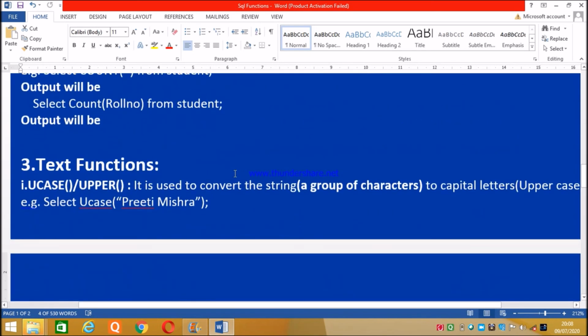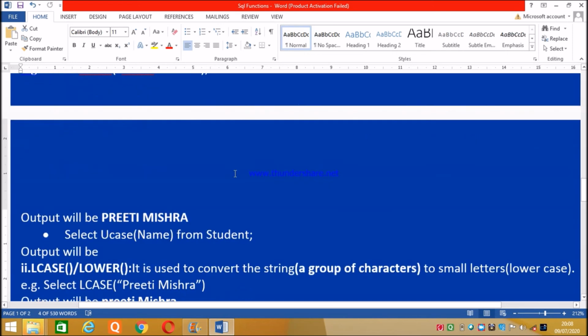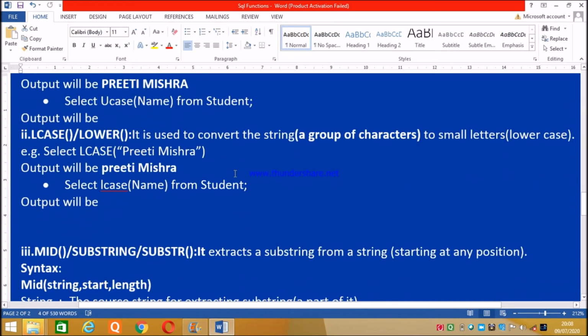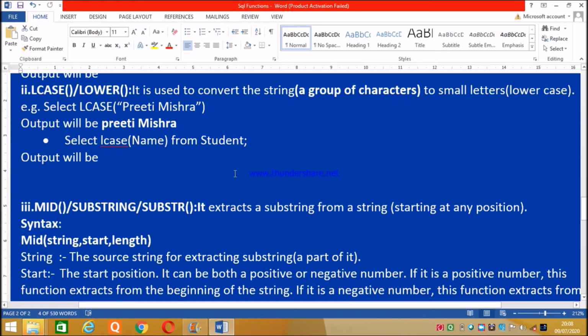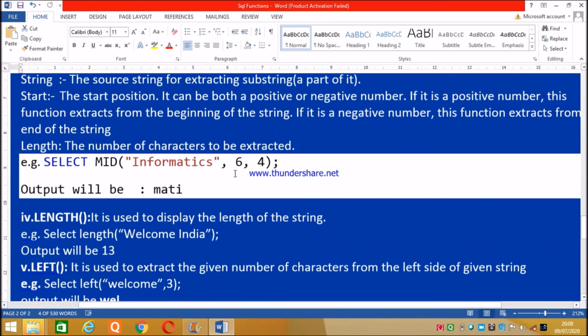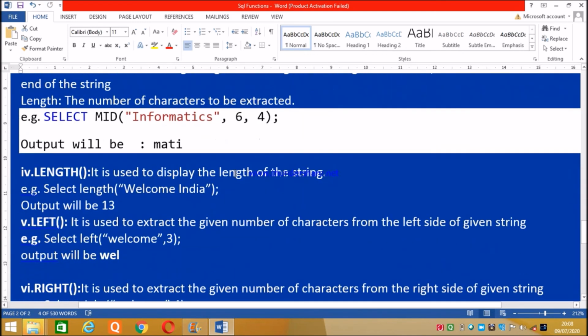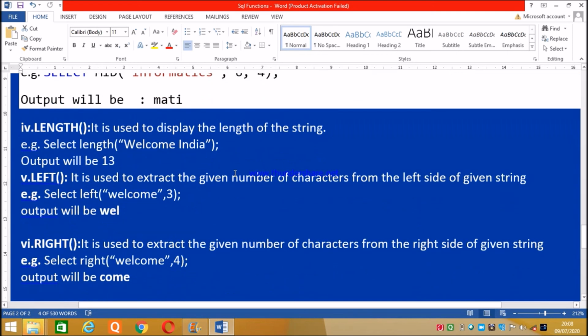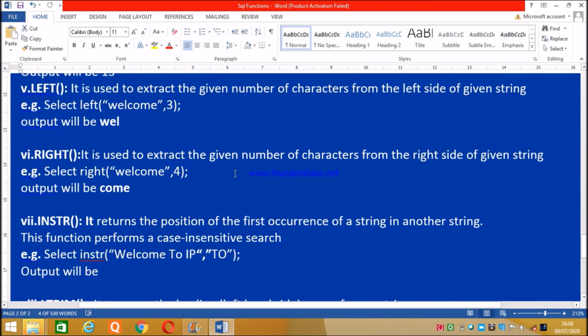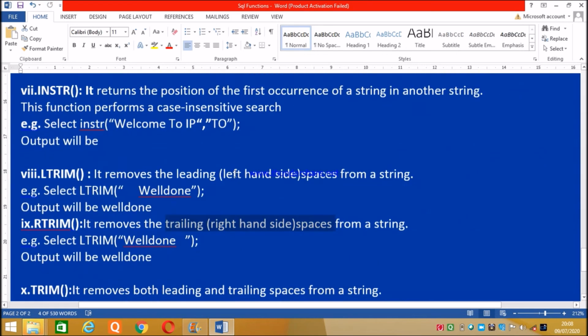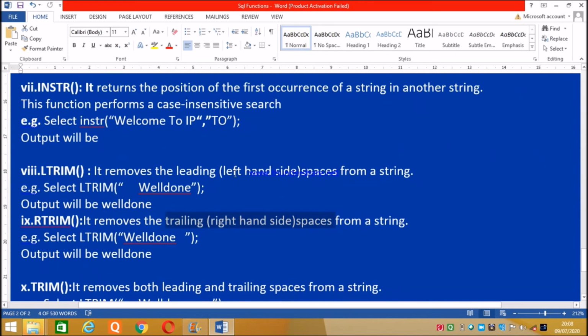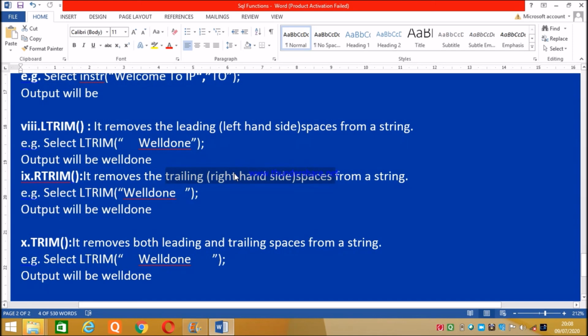Then we have tried text functions for the characters: lcase, ucase, mid for middle string, and then length function, and then left, right for extracting the number of characters. Then we have tried instr for finding the position of the first occurrence of the string. Then ltrim, rtrim and trim for removing the space.